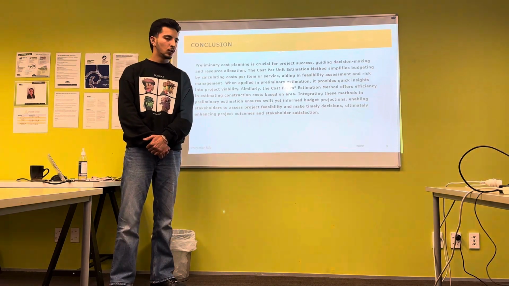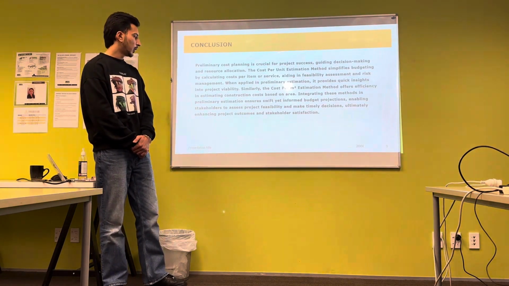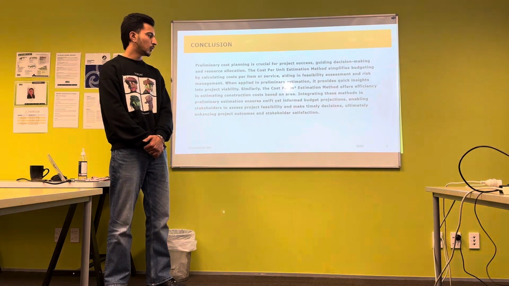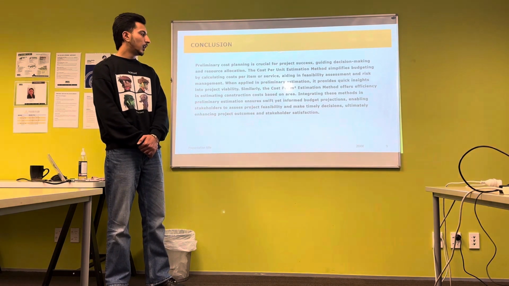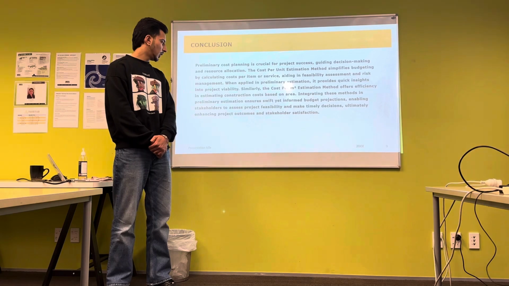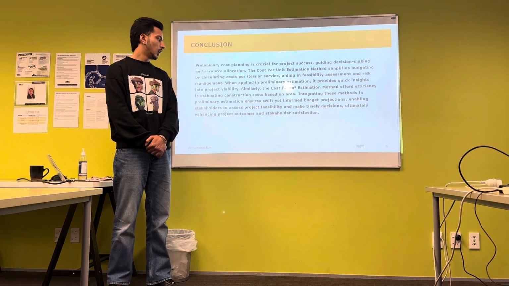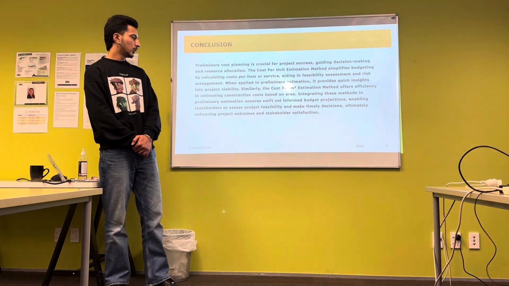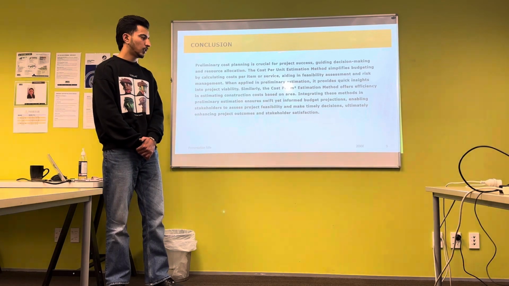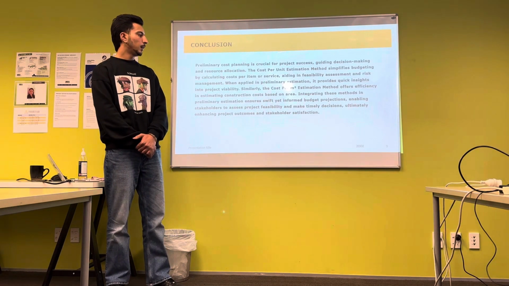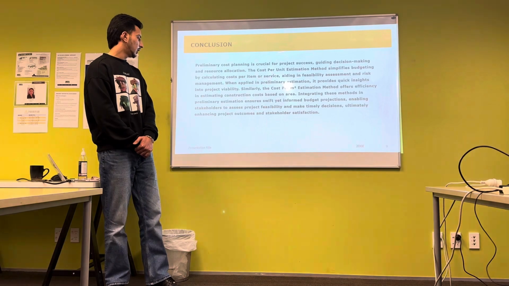Similarly, the cost per meter square estimation method offers efficiency in estimating construction cost based on area. Integrating these methods in preliminary estimation ensures swift yet informed budget projections, enabling stakeholders to assess project feasibility and make timely decisions, ultimately enhancing project